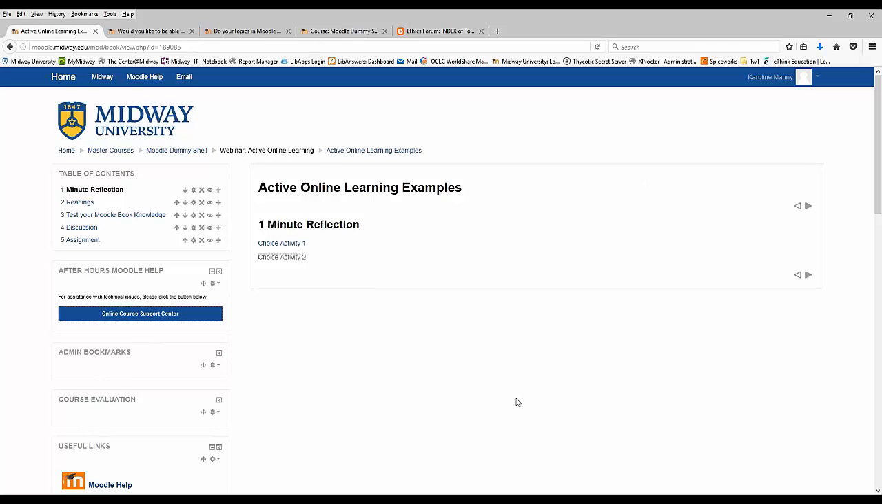Okay, then I go back over. So these are the things that I wanted my students to think about before they did their reading. Then I can click this next button over here. And here are the readings that I want my students to do. How to create a book in Moodle. So if I were to click on this, it would open up a link that described how to create books